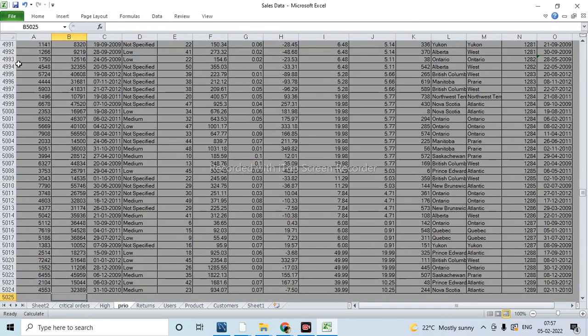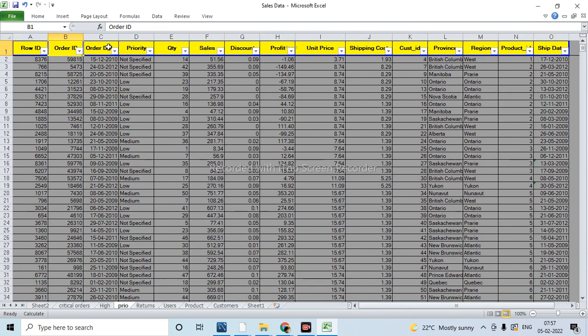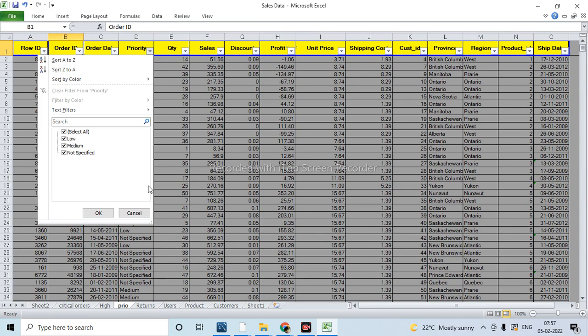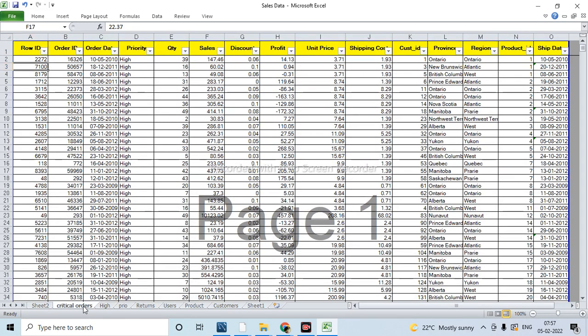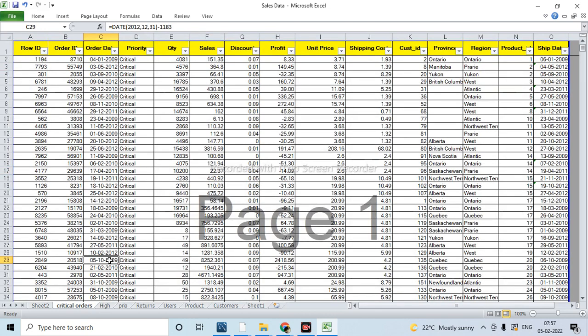Now see here. In the priority sheet, we have low, medium, and not specified. In the high, we have only high, and in the critical orders, you have only critical orders. Now, normally, if you want to combine these three tables into one, normally what we will do in real